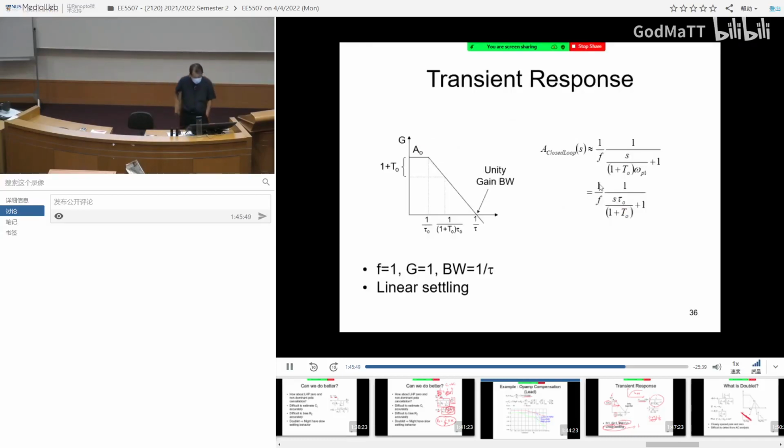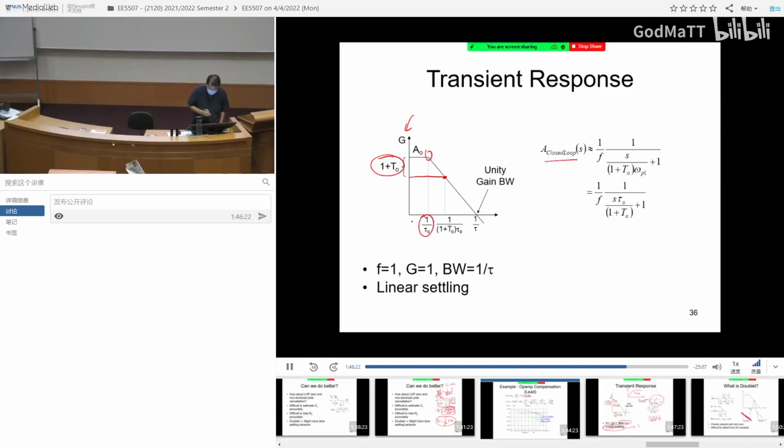Now, let's look at the transient response. We haven't covered the doublet. We will talk about the doublet later. So transient response. This is the original OM. Okay? And we talk about this is the loop gain. So if you use the loop gain of 1 plus T0, you are able to widen the bandwidth up to this point. Okay? So the closed loop transfer function, if you rederive it, you'll find that the original bandwidth is